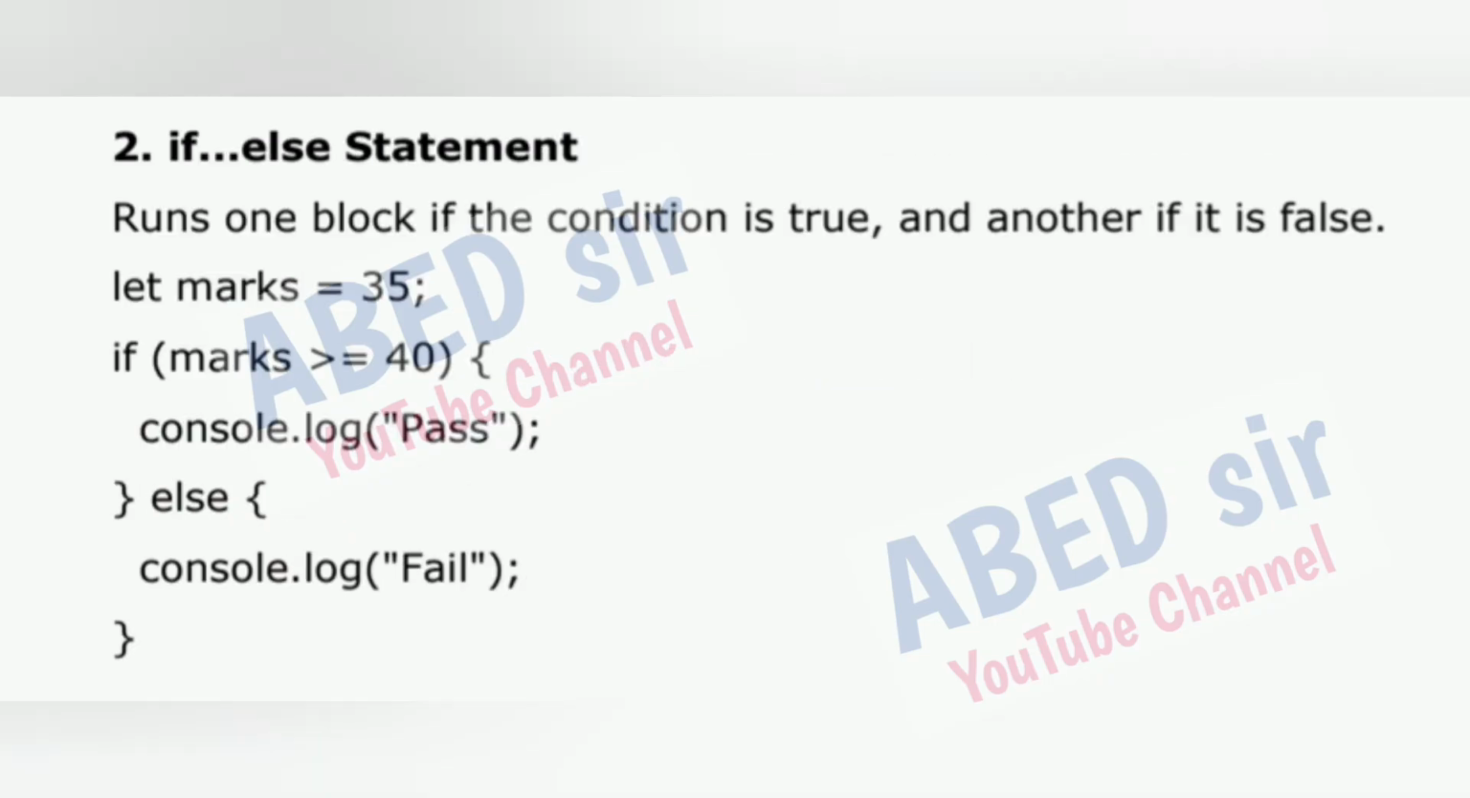2. If-else statement. Runs one block if the condition is true and another if it is false. let marks = 35; if (marks >= 40) { console.log("Pass") } else